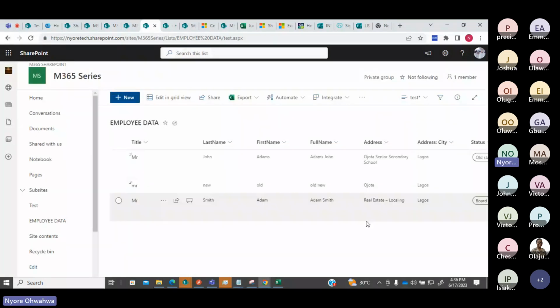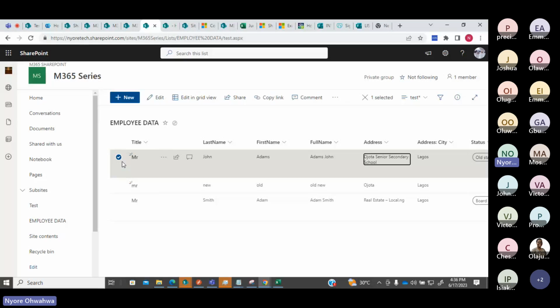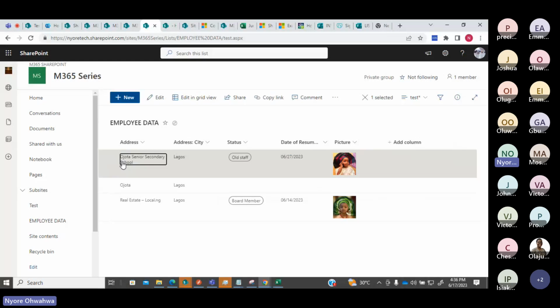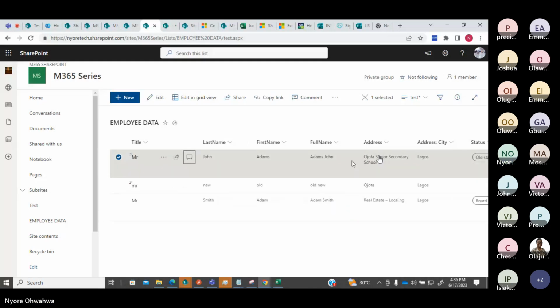Okay, so you see, we have created this list. We have created the employee data list, and we have created a single line of text column. We created a calculated column, which is this full name. It basically calculates the user's first name and the last name to get the full name.